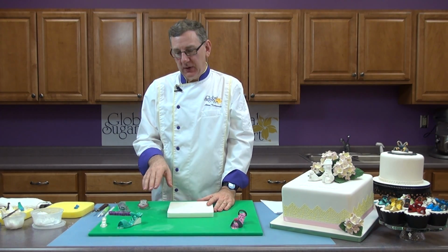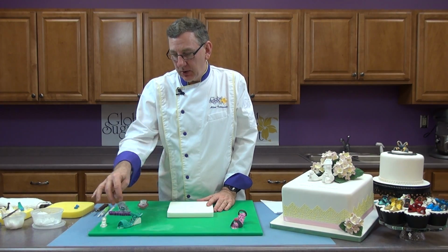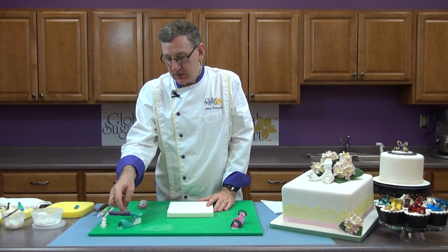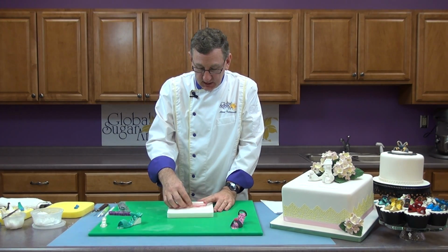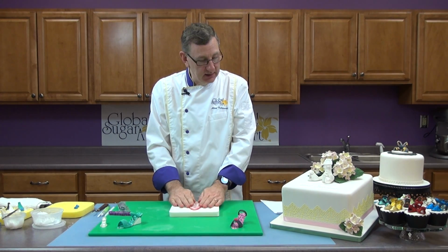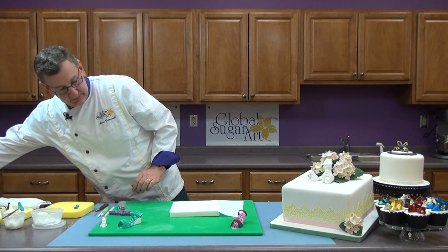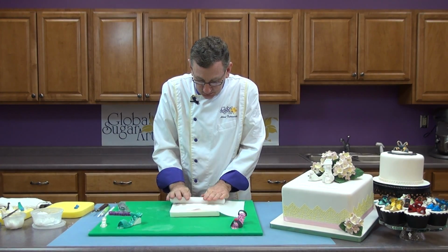I want to show you a trick on how to color the accessory part of the shoes, the toe and the strap, without getting any dust or any paint or anything on the sole of the shoe. I'm using my sole cutter. I'm putting it in the pad, and I'm going to lay a piece of paper towel over it. And I'm just going to go back and forth with my